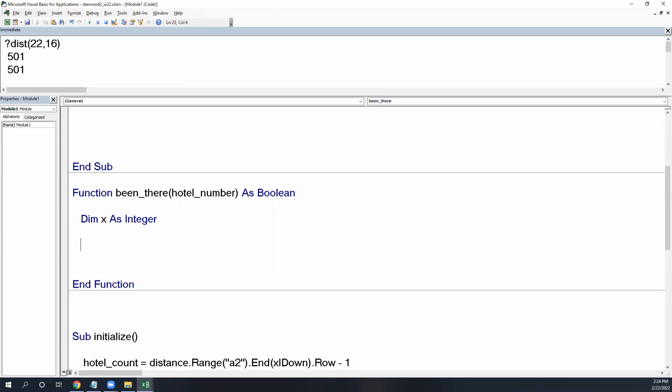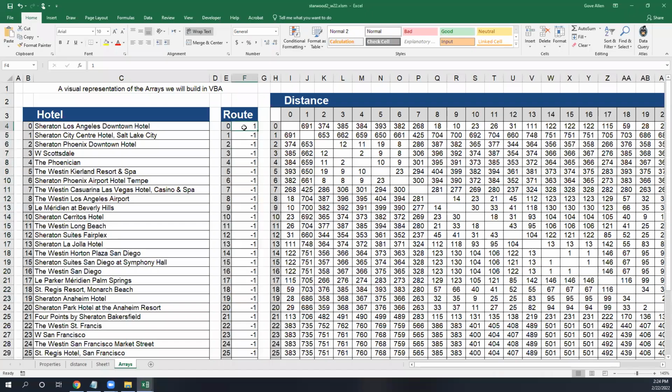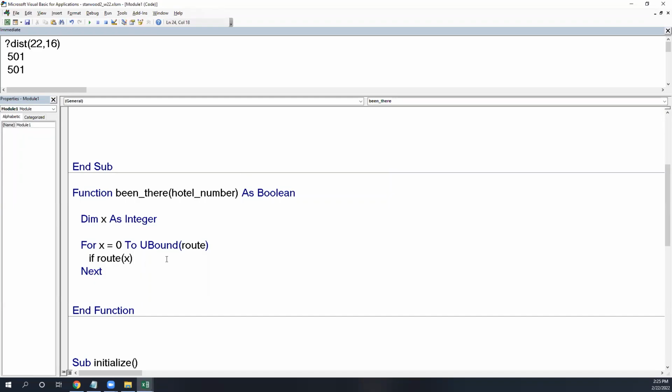All right, well, let's just loop across that array. For x equals 0 to the upper boundary of route, my route array. I'm just going to check if route sub x, so when x is 0, I'll be looking at this number right here. And I just want to say if route sub x, 1, is equal to the hotel number that got passed in,